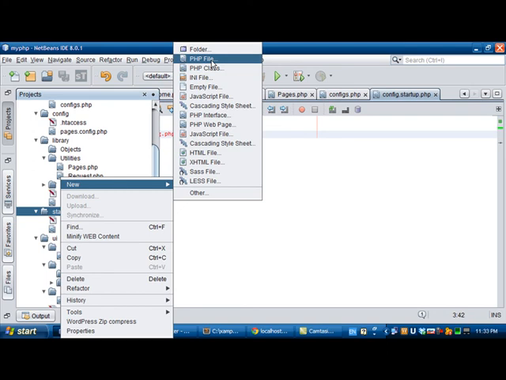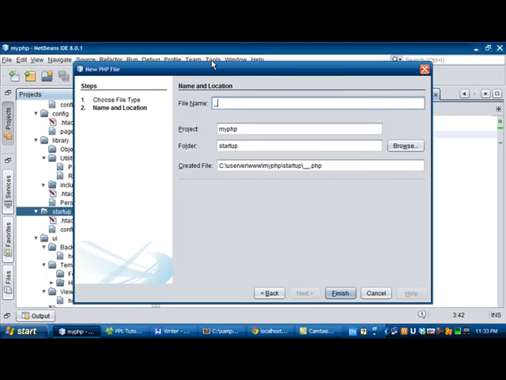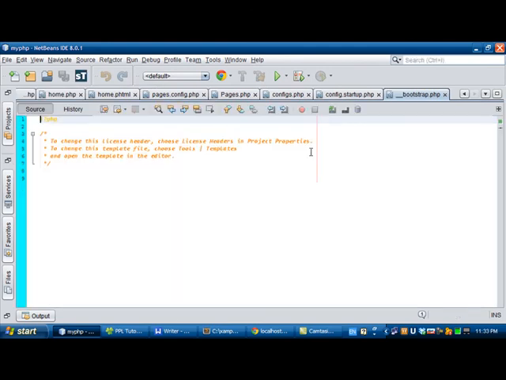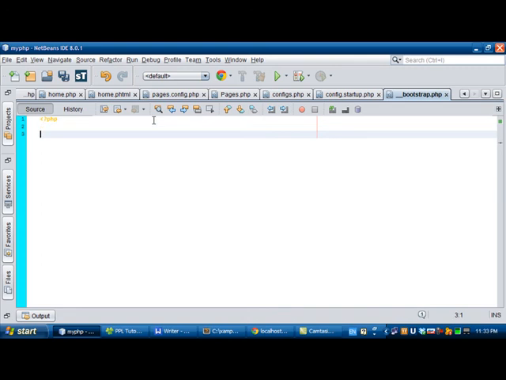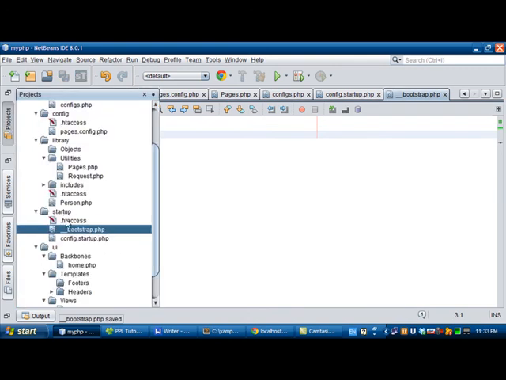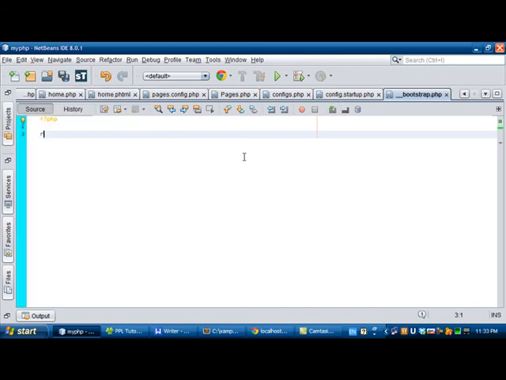And here we're just going to create a file that's bootstrap. So a bootstrap file is something like that. It is not the CSS framework that we're talking about. It's about the file that loads everything in a certain folder, in a certain section of your application. So bootstrap here is require once